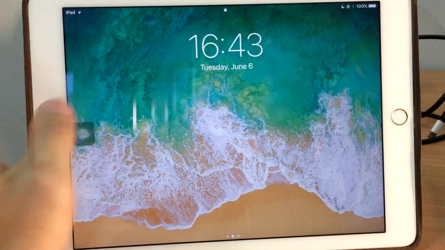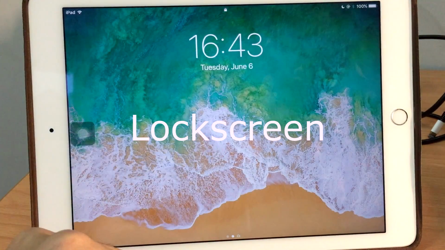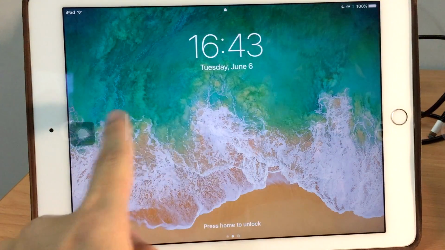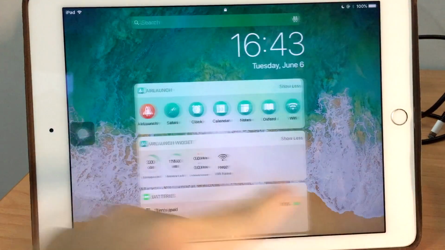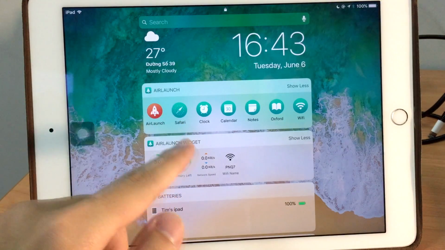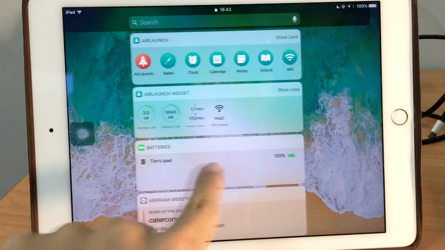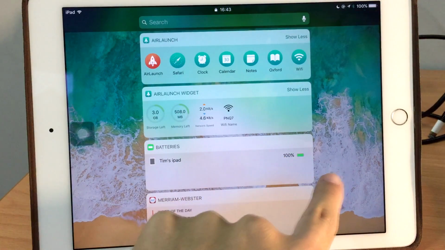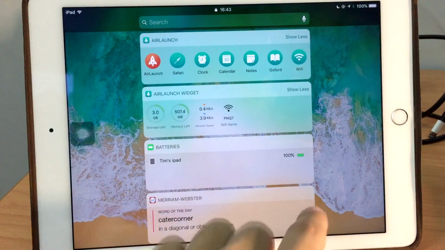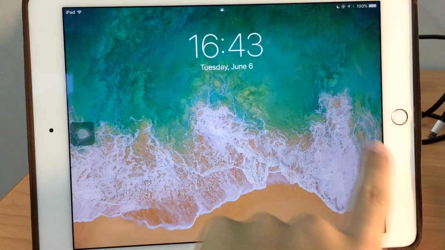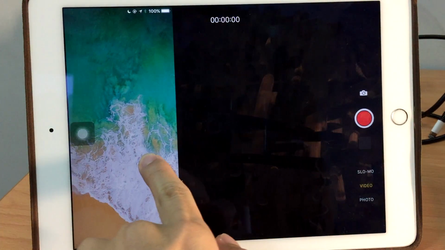Hey guys, so I have with me here an iPad Air 2 with iOS 11 freshly installed, and if you turn on the device, this is the new wallpaper. So this is your lock screen. On the left hand side you still have your widget as usual, but as you notice, the battery pane here now shows the iPad battery even when there's no Bluetooth device connected. On the right hand side you still have the camera as usual,